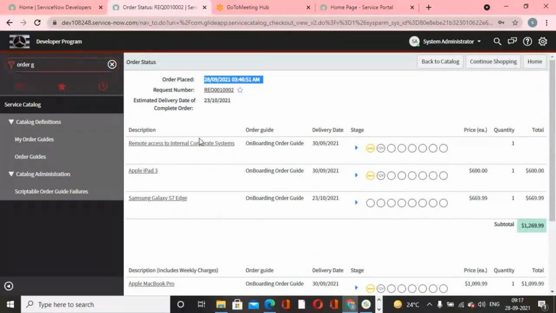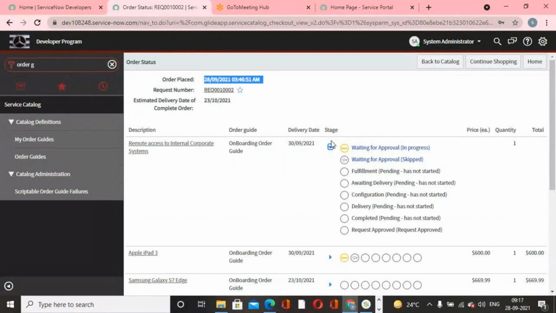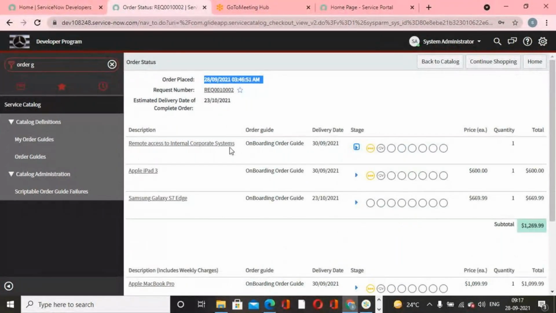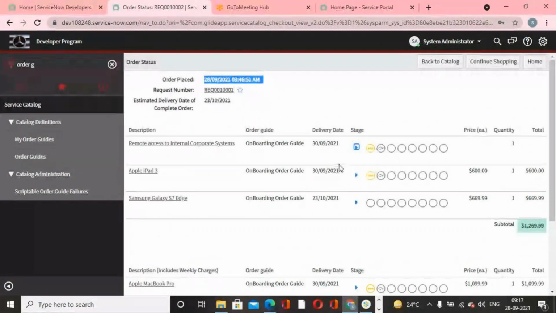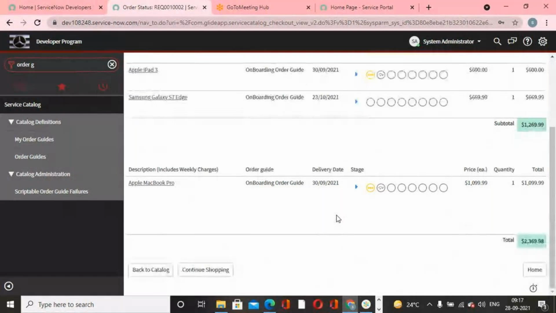For each item you will be able to get the status. Directly go to the stage field and other details, description, order guide, delivery time. So all the details we can find individually for each item. Okay, and if you go to